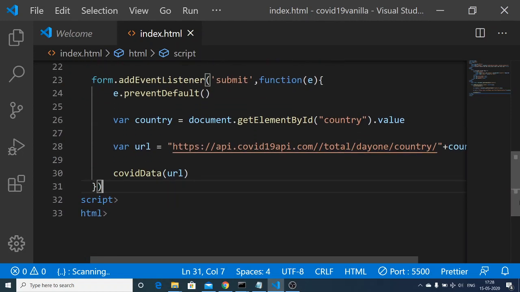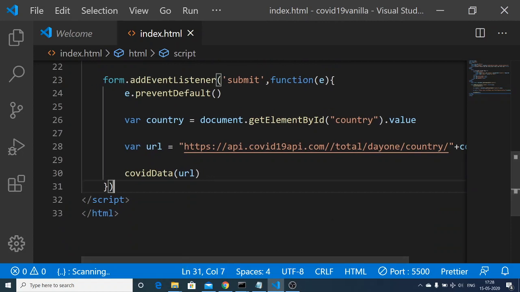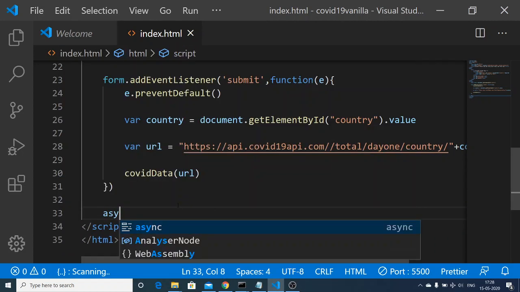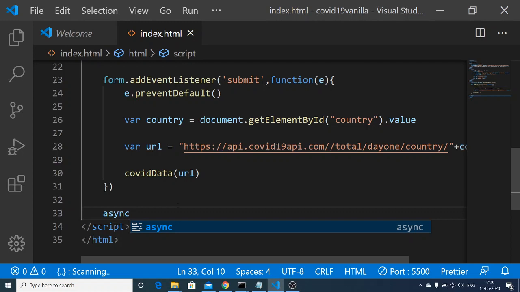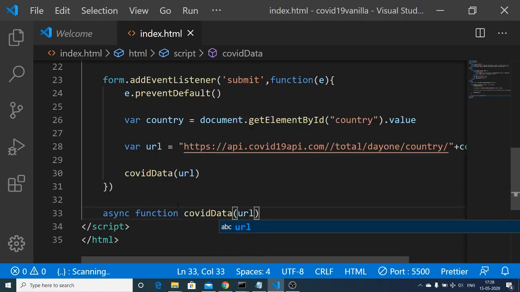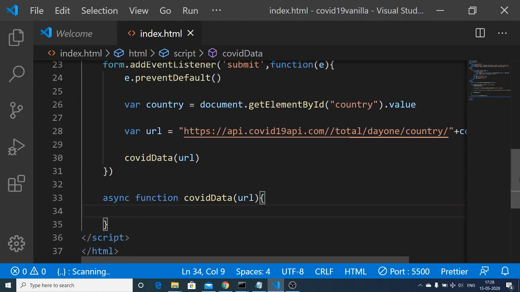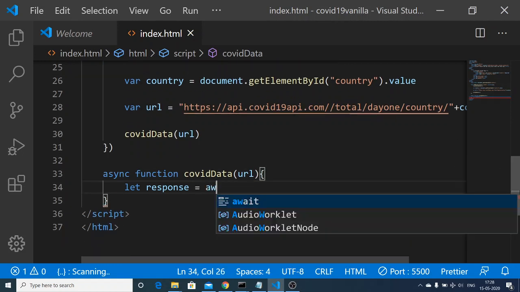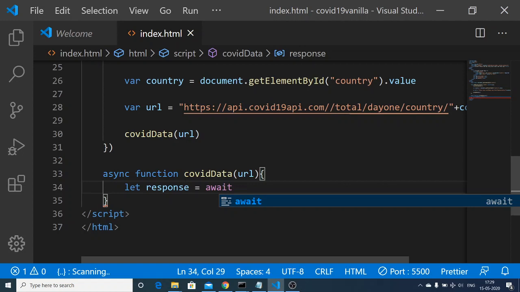And now we will use the async await functionality that I was talking about. We will add this async keyword to a function to make it asynchronous. The function name is COVID data, and it is expecting this URL. That's it. And now we just need to make a simple get request to get the response back from the API. So just make a response variable, and the await keyword is only valid inside an async function.